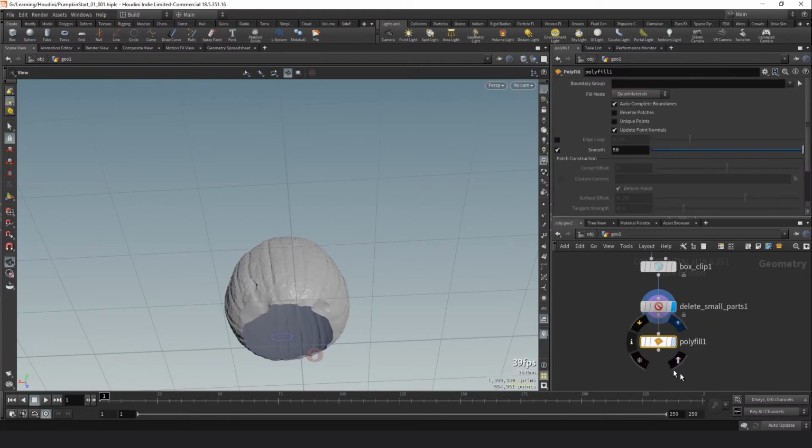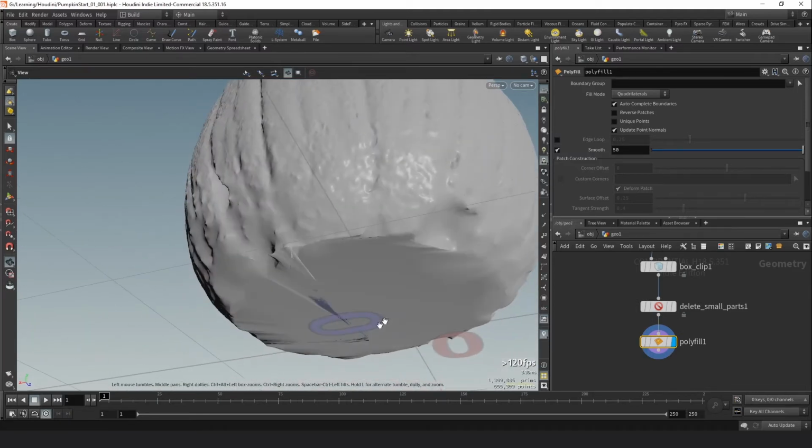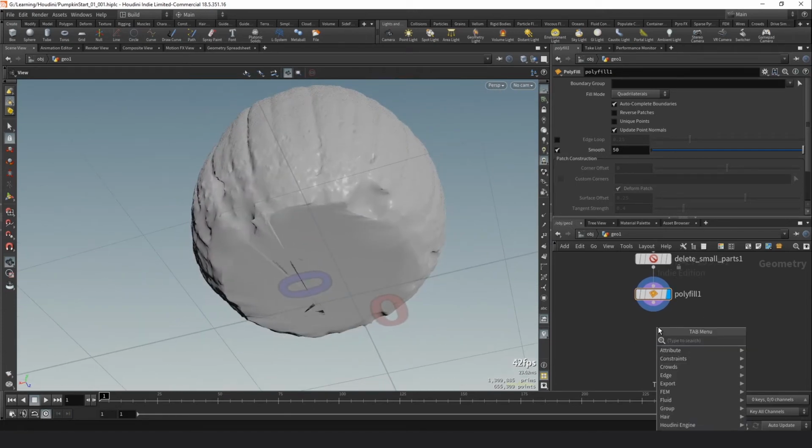And when we go ahead and do that, connect that up, and move the display flag down, we can see that it's filled it in, but this geometry here is pretty rough to say the least. So that's not ideal. So what we can do is just go ahead and run it through a VDB. So we're going to VDB from polygons,